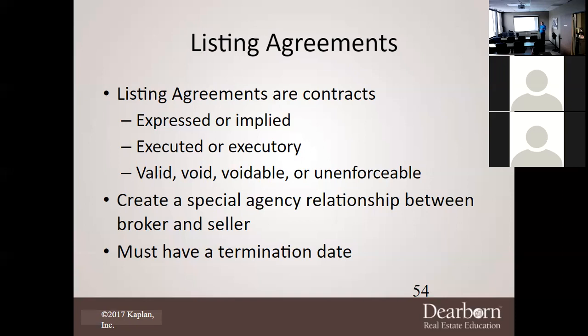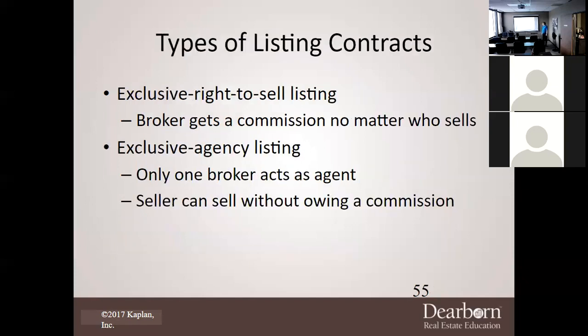Now, Travis, would you say 2 years may be reasonable? Depending on the situation, maybe it is a unique property. Maybe when you did your CMA, you noticed the days on the market for that type is 700 and something. Well, I need a long termination period. But what if it is like every other property in the neighborhood, they're selling in 20 days? Do you think 2 years? No. So in that situation you want to make certain that it's reasonable. It's not crazy, outlandish, in regard to that final date.